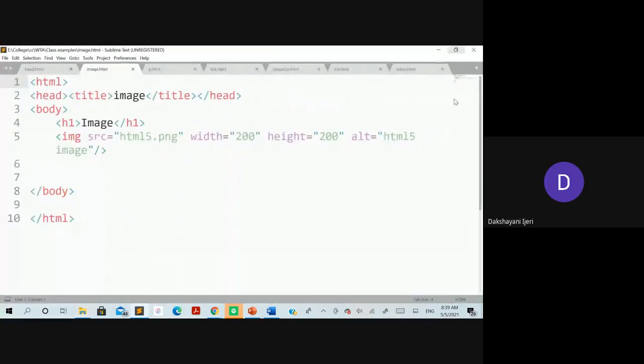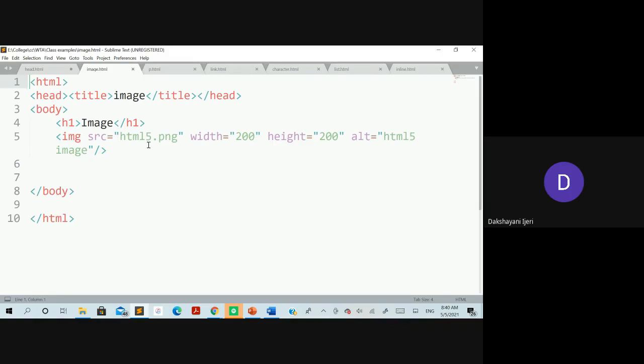So here you can see an example that I have taken to show you how you can use the image, right? Within the body section, this is the heading that I've included, image, and following that, you can see here I have taken the image tag to include the image.